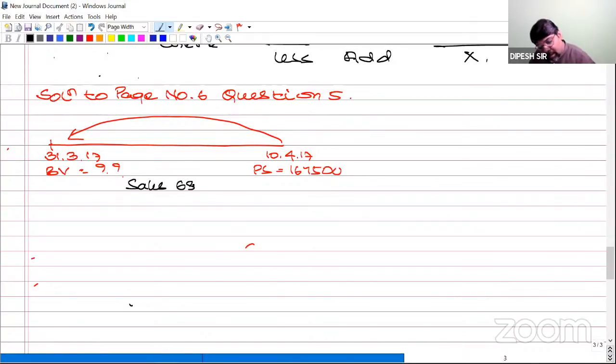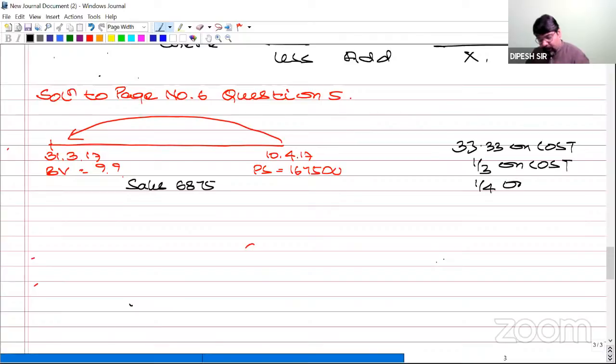Profit margin being 33.33% on cost. 33.33% on cost is equal to 1/3 on cost, 1/4 on sales. So profit is 1/4 or 25%,